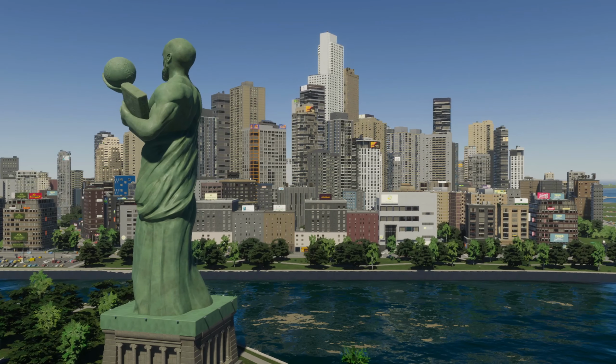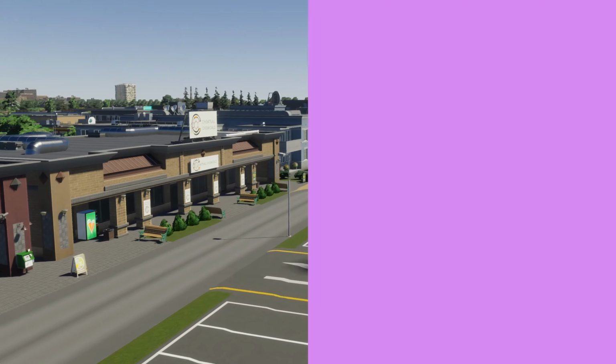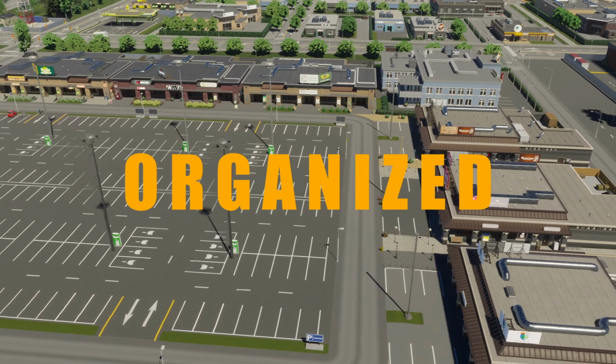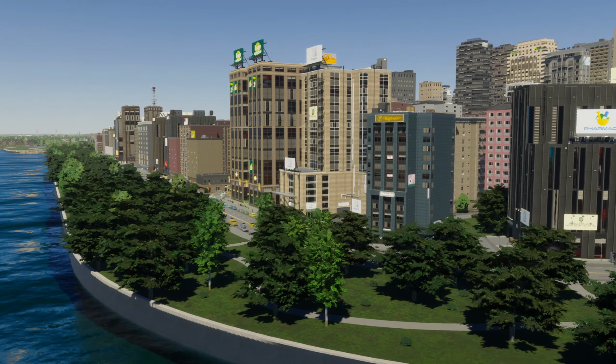Hello everyone and welcome to the second video from the series Tips and Tricks for a Realistic City, in which I will cover the commercial and office buildings and how you can place them so your city will look more realistic, organized and well planned, using methods inspired from real life scenarios and a very detailed spreadsheet that I created